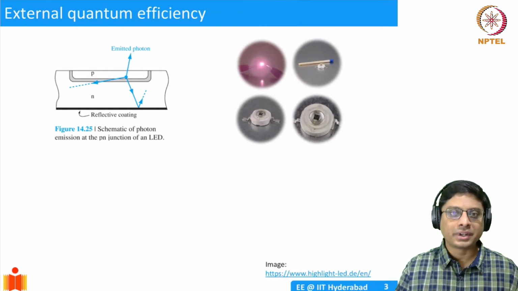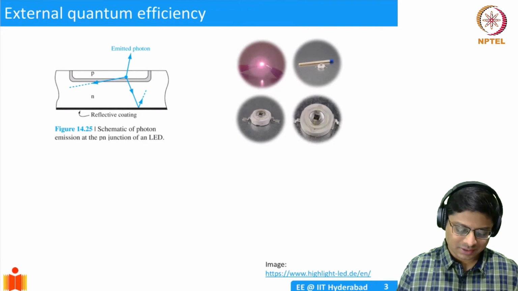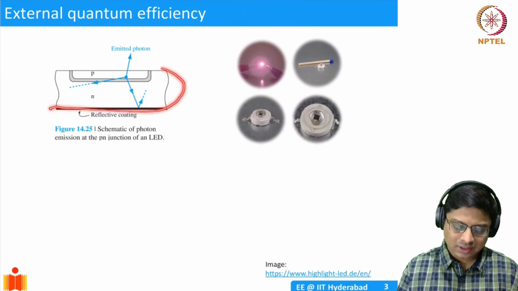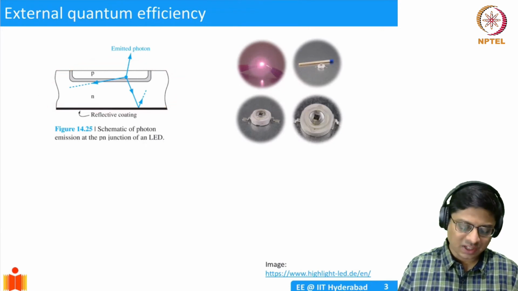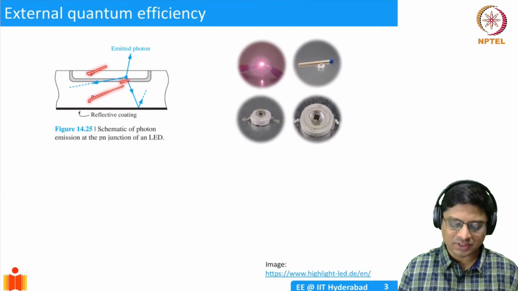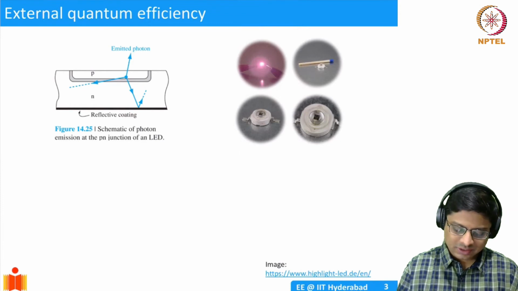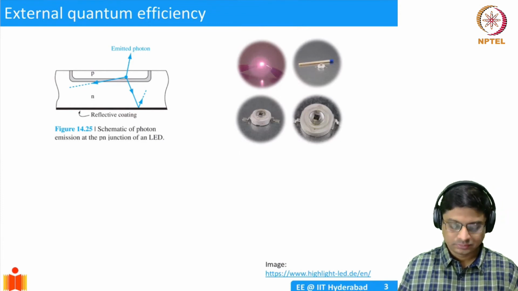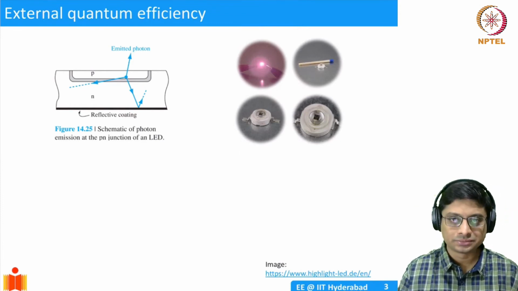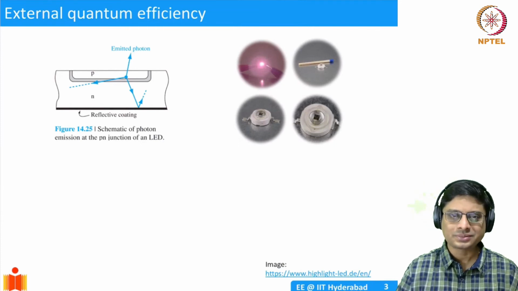And that is a concern, because if you just take a schematic cross section of an LED, it could be something like this. You can have a P region, an N region, and there is a depletion region. You forward bias it. We are just showing the bare minimum parts. Then there will be photons emitted. Will the photons emitted come out?